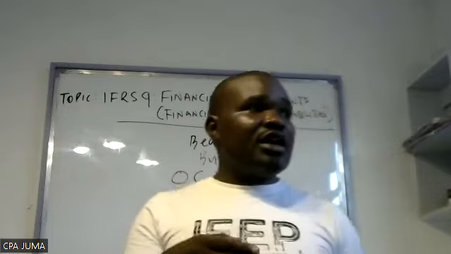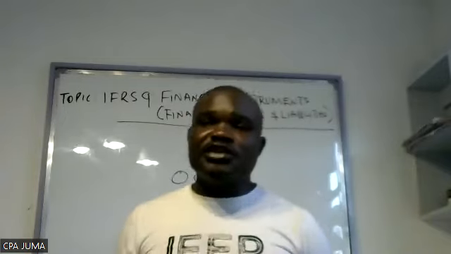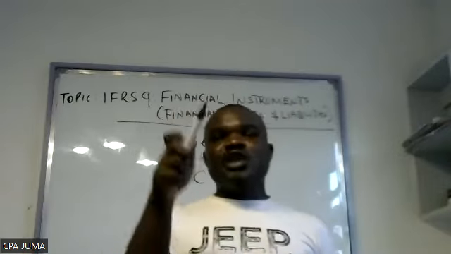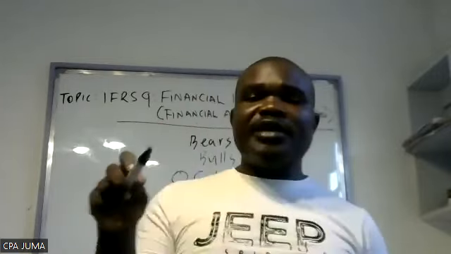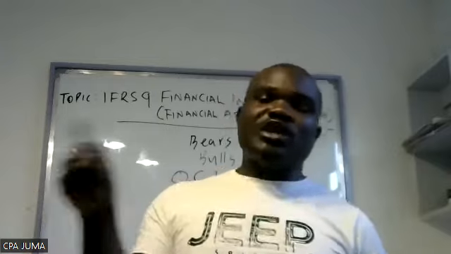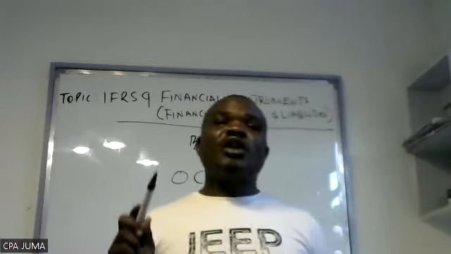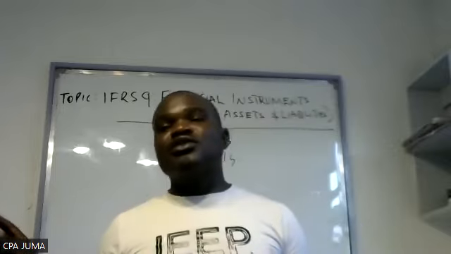Maybe this person has some risk, even on the credit rating and all that. Also, having taken into account foreign exchange fluctuations, you then subtract the actual interest which has been paid. So when you take the principal amount of the instrument, you add the market capitalization, then you subtract the actual interest. What you are getting at the end is called amortized cost. And that is how we measure the long-term instruments.